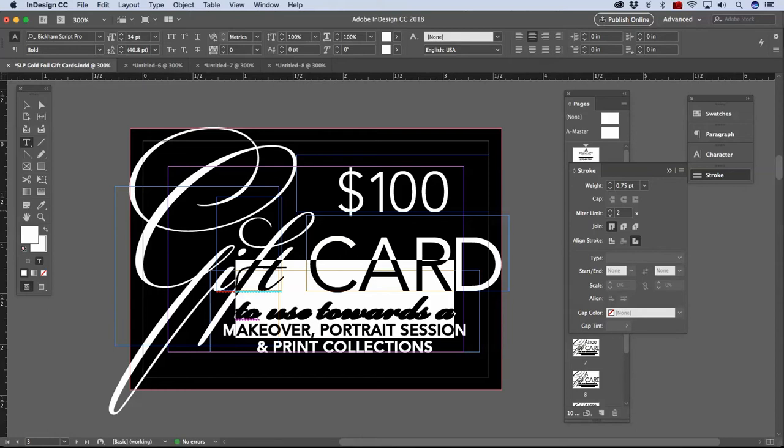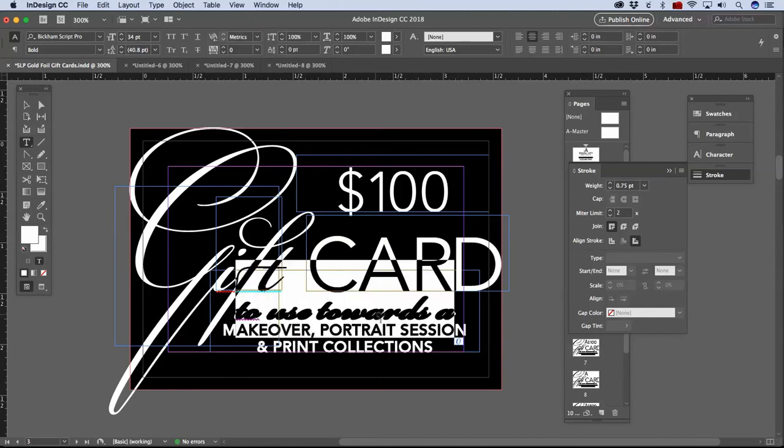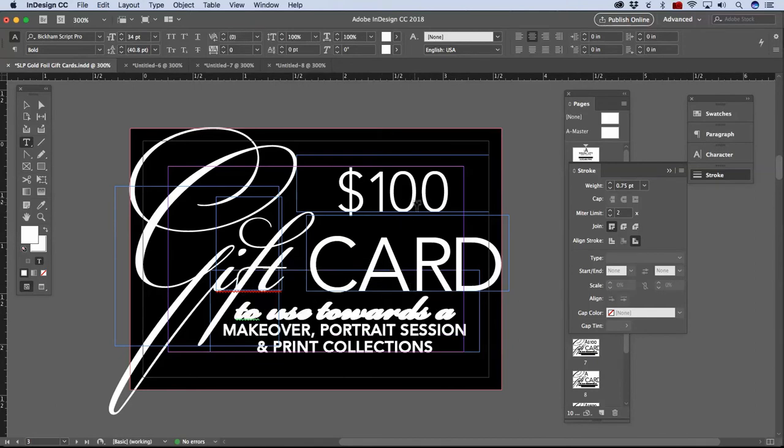But for this particular font, I find that 0.75 is the best option, to make that font a lot thicker so that the gold foil transfers really clean. Right now it looks a little sketchy, like this is going to be too fat, but bear with me. We still have to convert this to outlines, and it's actually going to make this